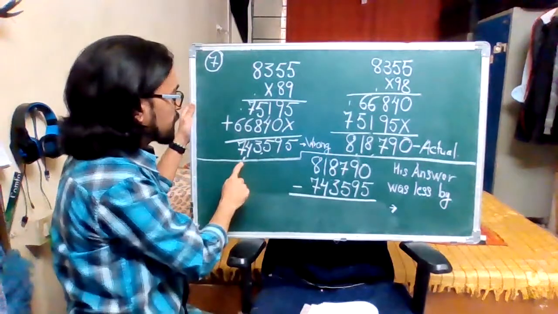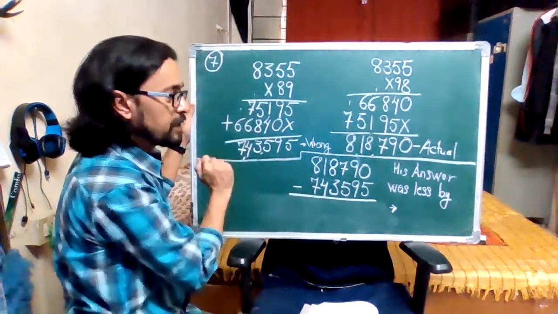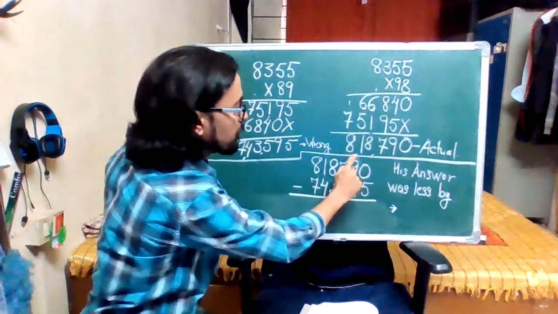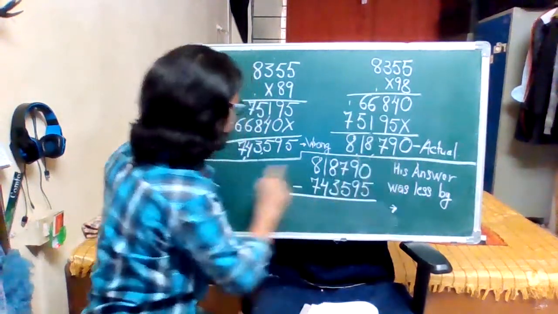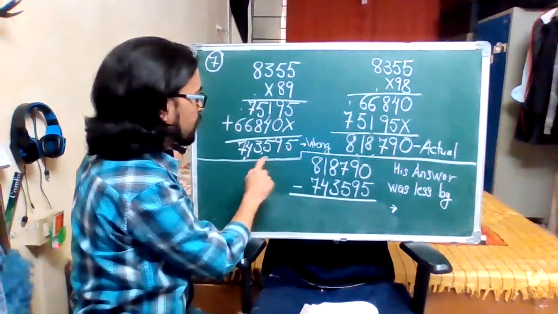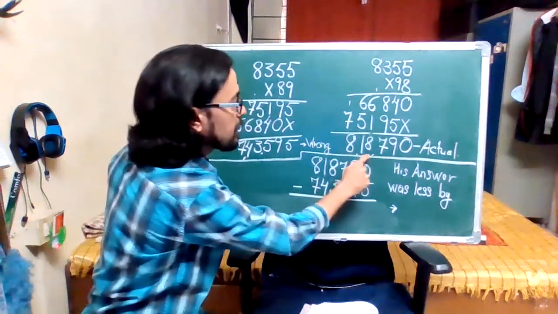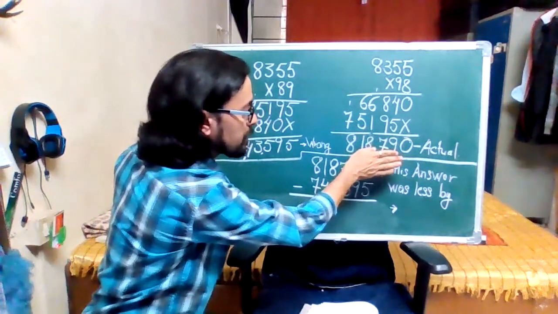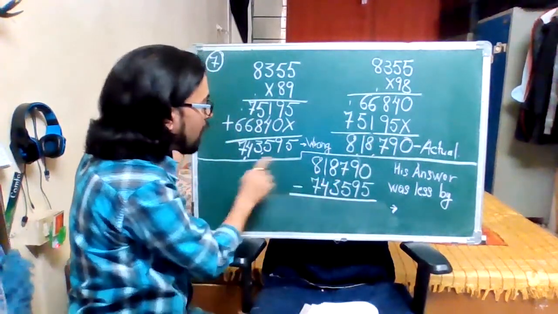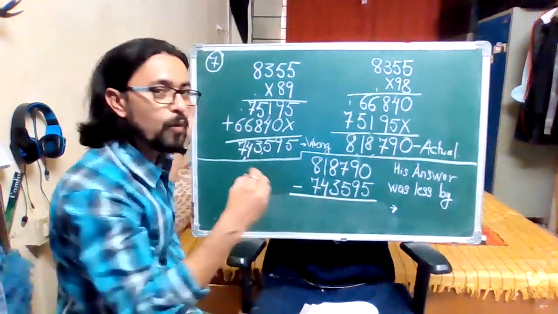This addition gives me 7,43,595. This addition gives me 8,18,790. So 7,43,595, 8,18,790. Now from the actual answer, if I take away the wrong answer, I will come to know what is